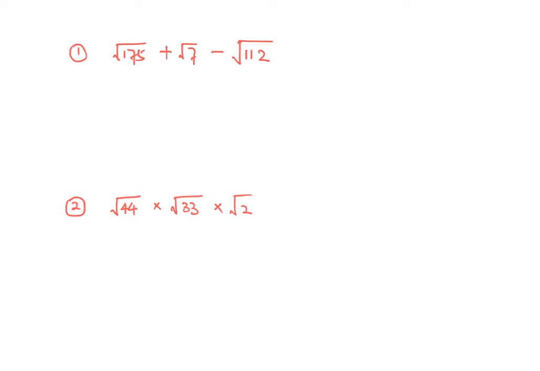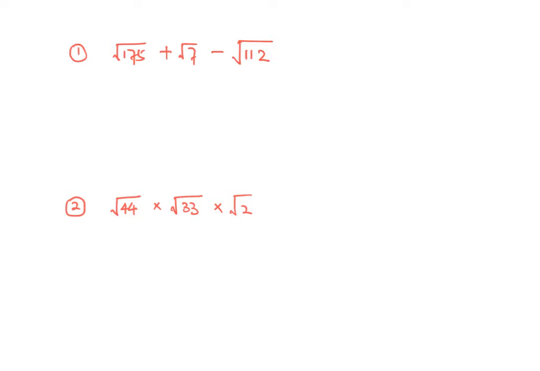In this video, I'm going to explain how to simplify surds. I'm going to talk about the following three examples. The first one, square root of 175 plus square root of 7 minus square root of 112. And the second example is square root of 44 times square root of 33 times square root of 2. And the last one I'm going to talk about